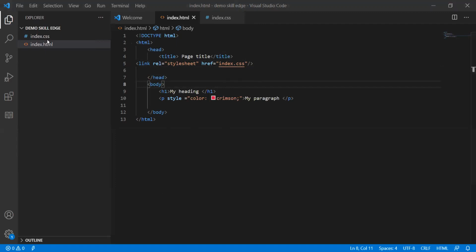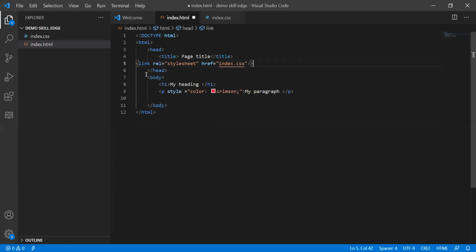So let us see our output here. So here the index file is linked.